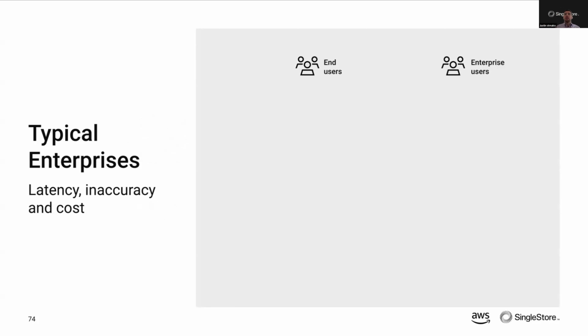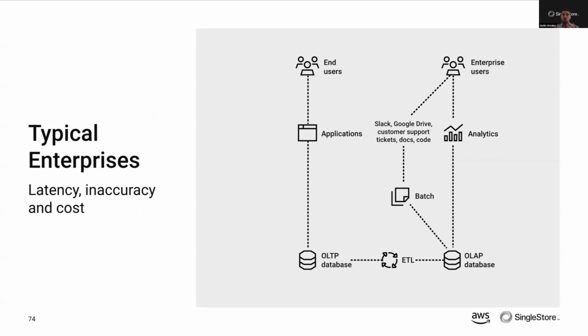right? When we think about a typical enterprise, it starts very easy, right? You have a product, you have some customers, and the idea is you want to sell that to them. And so when we start to build out that chain, we have an application for our end users. Of course, we have a transactional system to take data in from that application. That data has to be translated over just to get it into an analytical platform. And on top of it, of course, then we run analytics. And we have everything around us that could help support our sprints, our issues, whether that's Jira or certain boards,